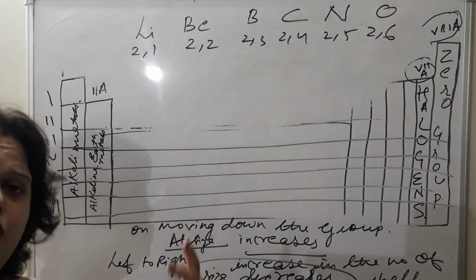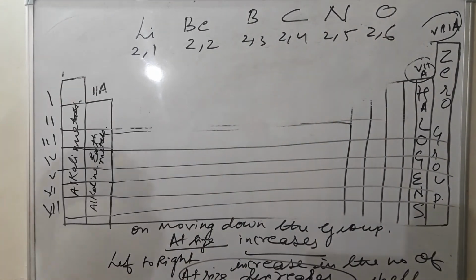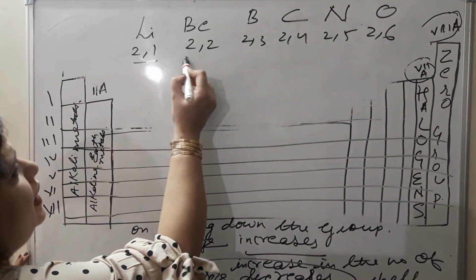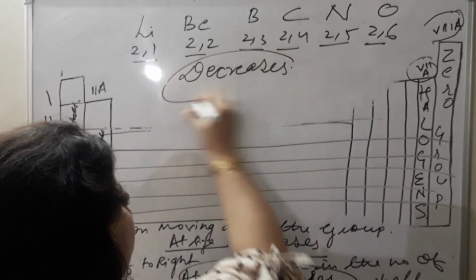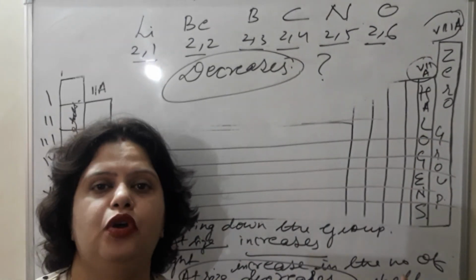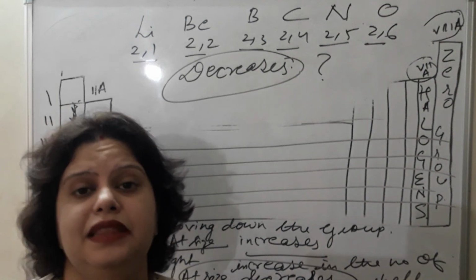For comparison, you can take two elements also, that is also fine. So in all the cases, only 2 shells are there. Then how can we say that atomic size decreases? Very important question. But yes, atomic size or atomic radius decreases as we move across the period from left to right in the periodic table, because in the same shell